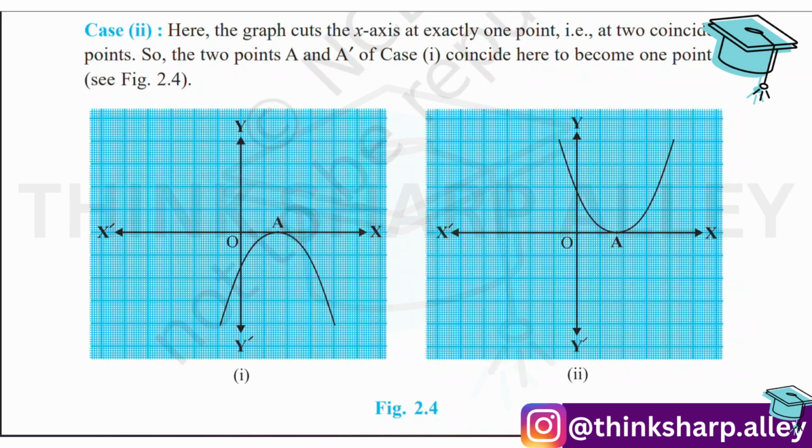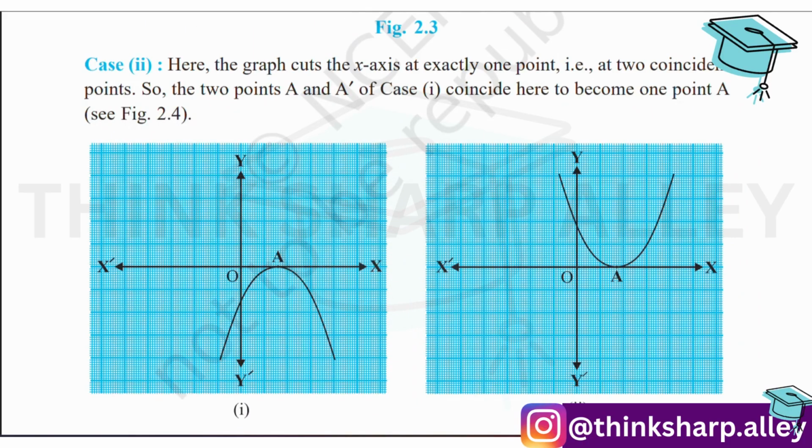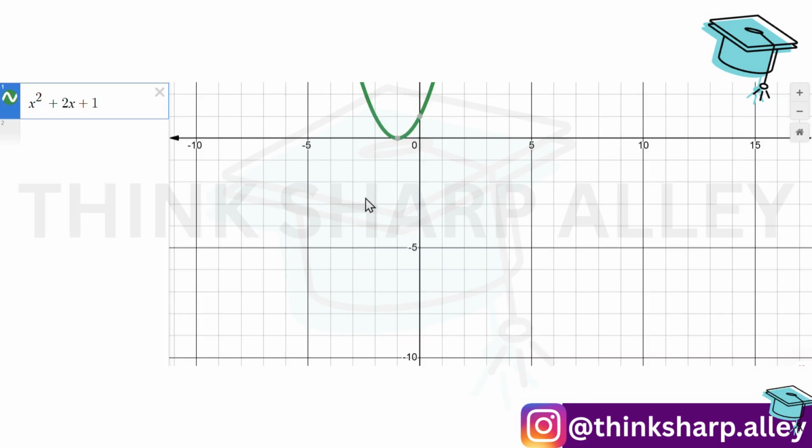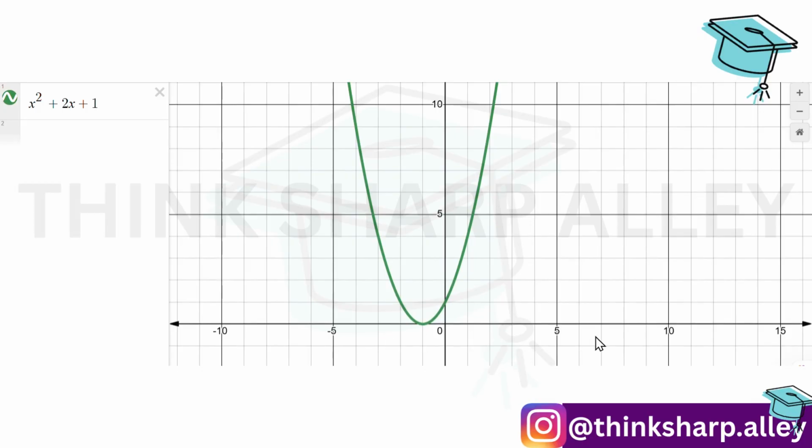Now moving on to the third case. But before that, let us check this out in the graph. Okay, so let's go to the graph page again. So x squared plus 2x plus 1. Very well, you know, it's basically x plus 1 whole square. And you can see, let me bring it a little down. Yes, this is our x-axis. It is touching the x-axis at only 1 point, which is minus 1, 0, because that is the zero of the polynomial. So why don't you try substituting the value, say minus 1, in place of x, and find out? You will see the value will come out to be 0 only.